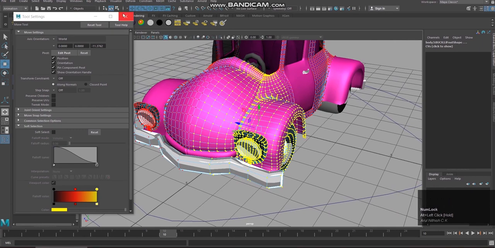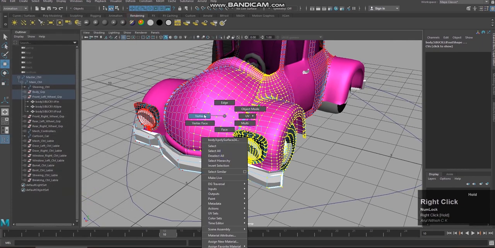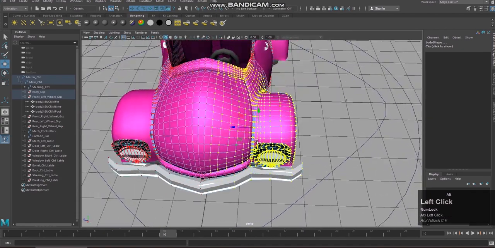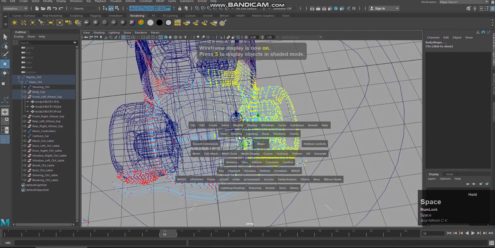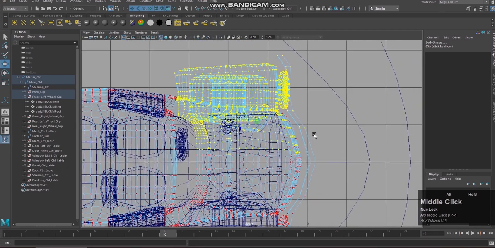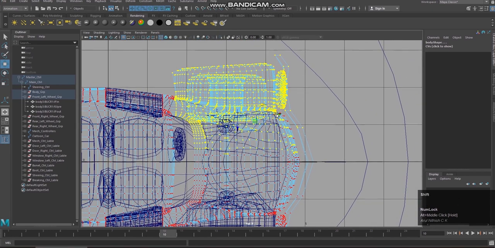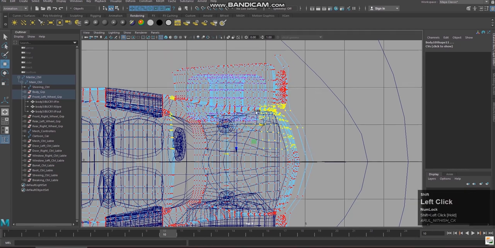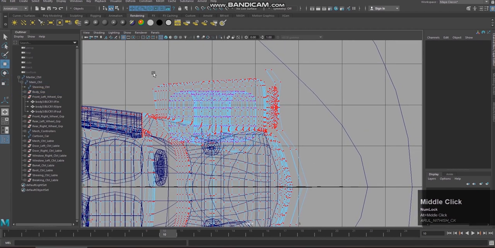So I'll go to vertex mode for this, and come to the top view again. I will shift select all these things. I should select again. Okay, I'm sorry, I'm losing it. So I should shift select all these things, control select everything. Now I should select it properly, simply selecting things from up to this part.